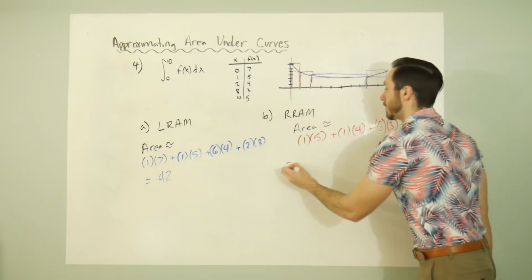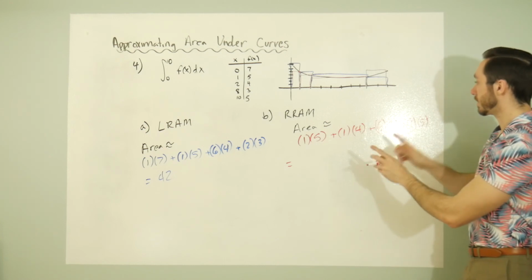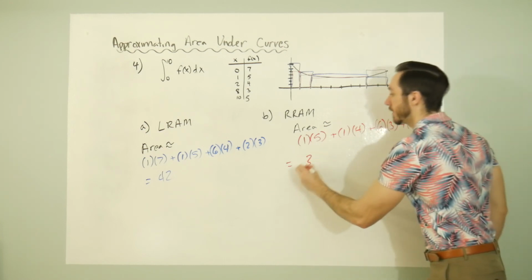All right, whatever this comes out to, 5 plus 4 is 9, plus 18 is, well, that's 27, plus another 10. Is that 37? I sure hope it is,